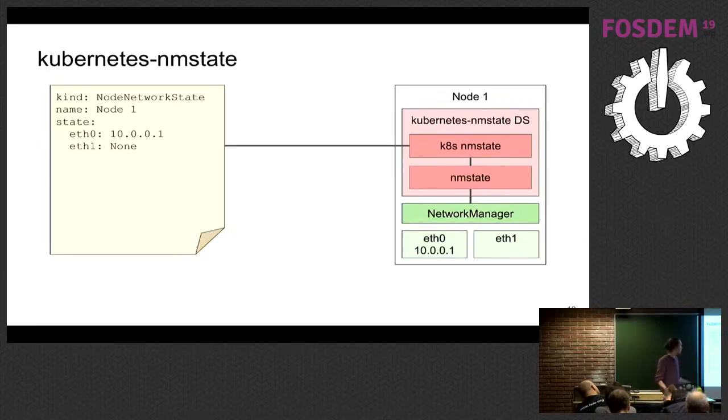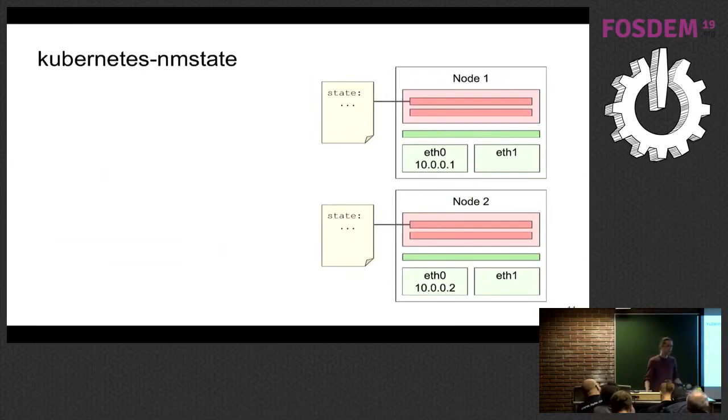So a user can come and see the current state. They also can configure a spec for this node, saying, I want ETH1 to have this IP address. This change is picked up by Kubernetes NMState and applied on ETH1. And this change is then, again, noticed by Kubernetes NMState, and the node network state is updated to reflect this new IP address. So this may be all right if you have just a single node. However, if you have multiple of them, you can use the same mechanism to configure an IP address on every single node, but we also added an additional layer